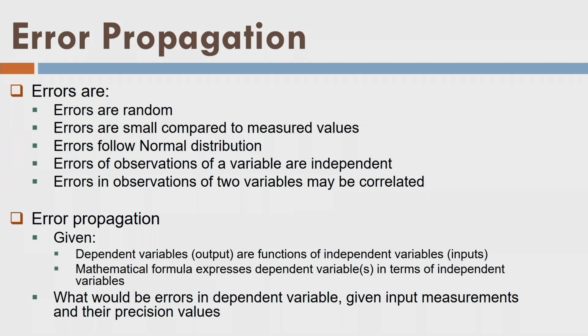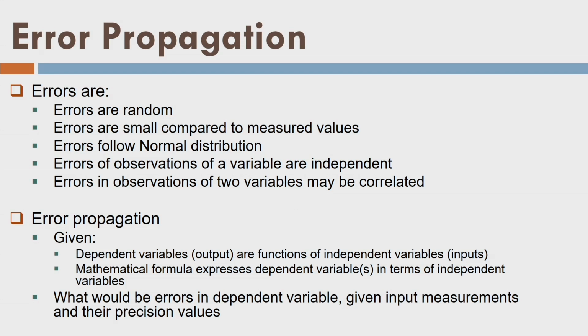That's the meaning here. They are random also. They follow normal distribution, and if I take multiple measurements, which means if I am taking the length of this room multiple times, whatever errors occur in each observation, these errors are mutually independent of each other. That means observation 1 has some error, let us say E1, and observation 2 of the same length has error E2, but E1 and E2 are coming independently, and there is no connection between the two.